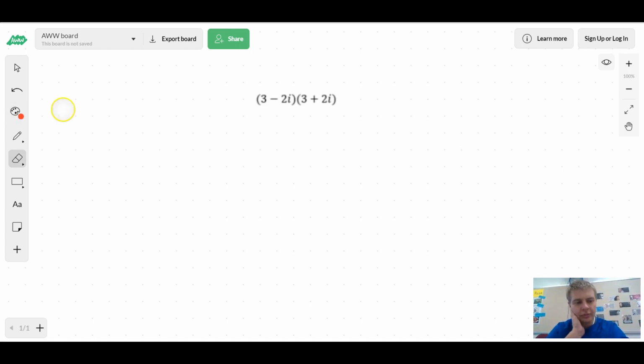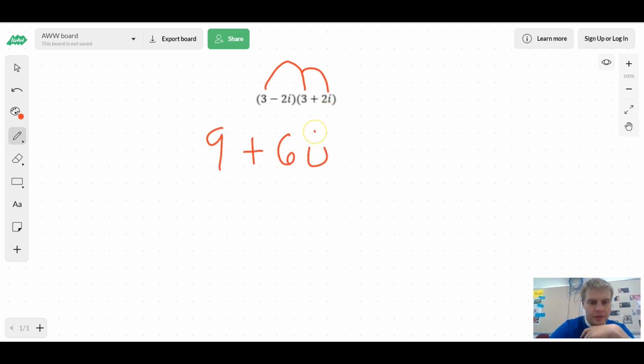Okay, so for the second problem, what they want us to do is distribute. So we're going to take this and distribute. Oh, let me not grab the eraser. We're going to distribute this to here and this to here, which will give me 9 plus 6i. Then we're going to distribute this to here and this to here, which will give me negative 6i